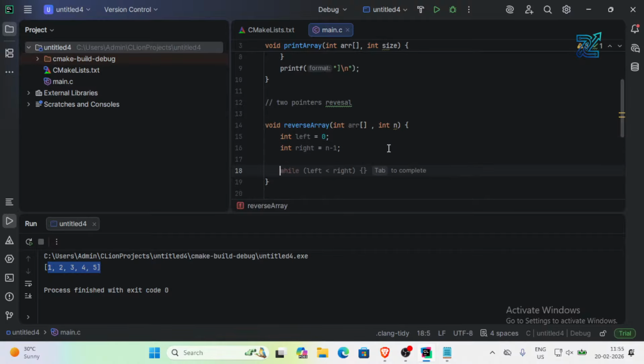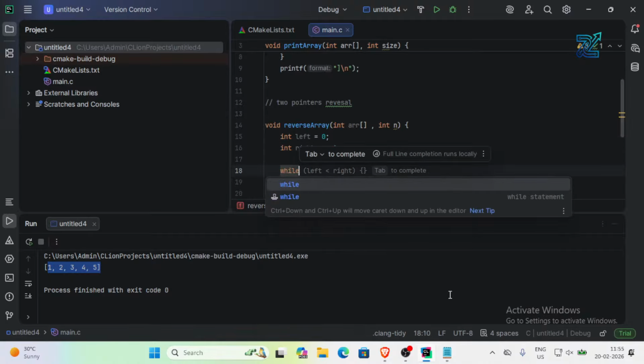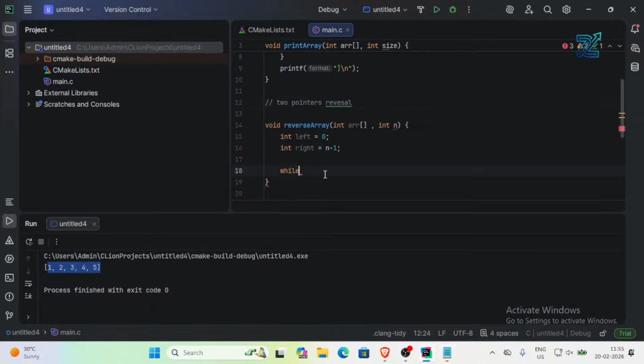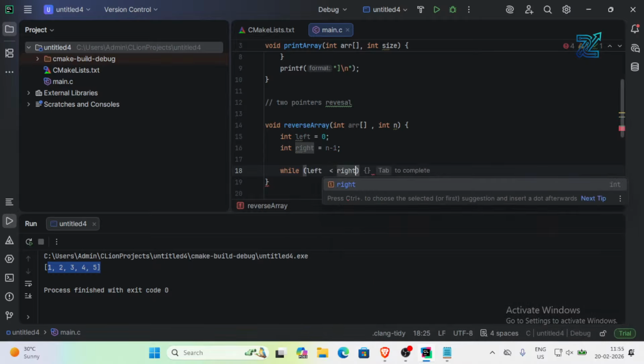So now I'll use one condition: while this loop is going, when it reaches the middle, all of the elements will be swapped. So at that time left will be here, right will be here. If left is less than right, I can move, or else I will stop there. So while left is less than right,